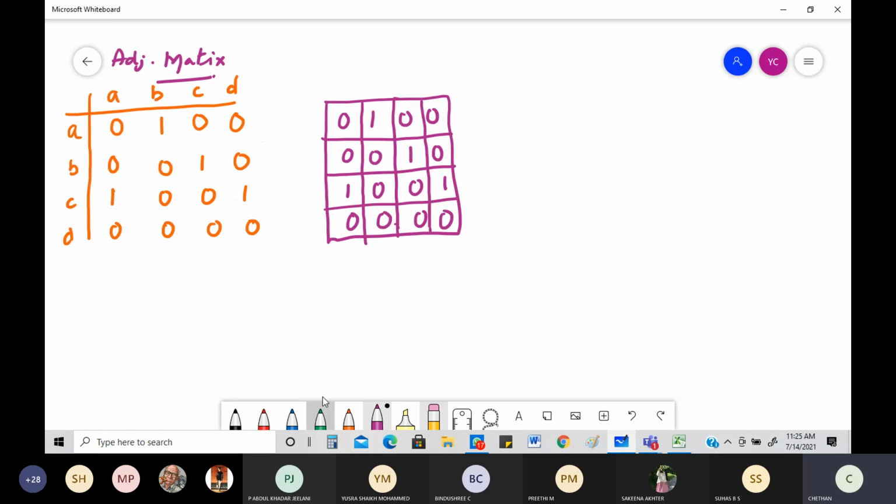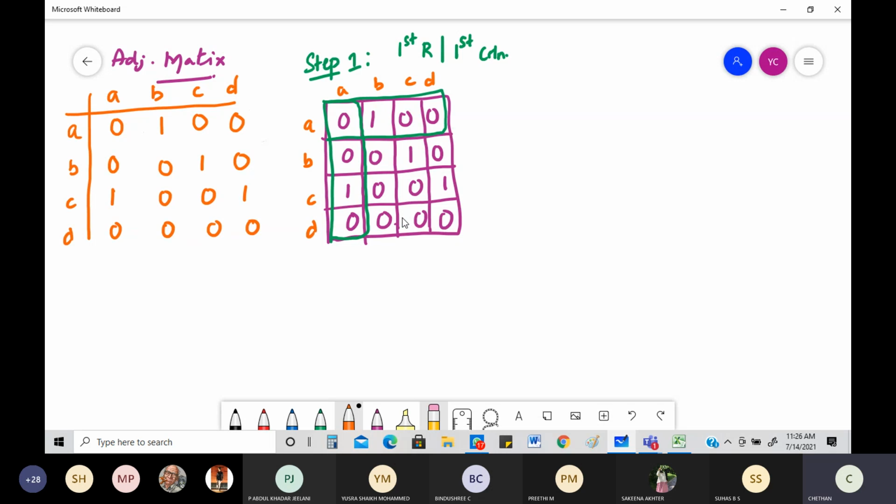What is the first step? Step one is to take the first row and the first column. It sounds similar to what the B2 people did yesterday. Yes, it's similar to that only. So we are going to choose the first row and first column. How do you think it will be? You are going to get it like this. For all those who don't know what this is, you can easily write A, B, C, D like this, so that it will not be a problem.